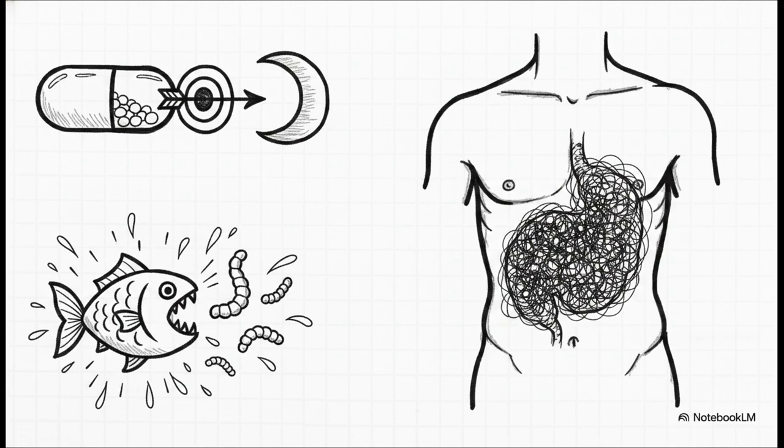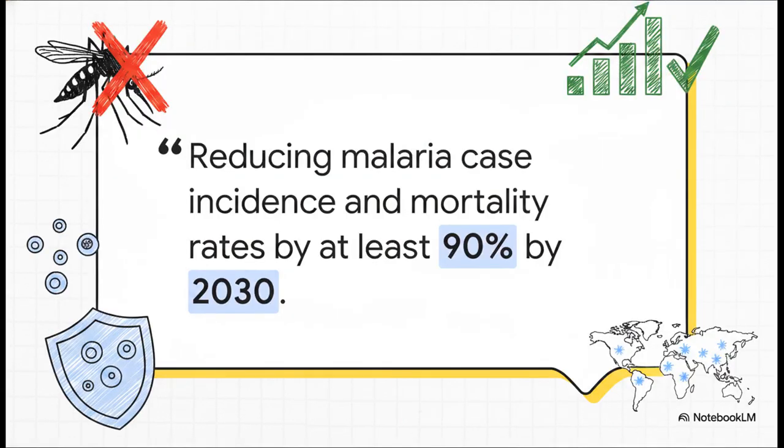And biologically inside the human, remember that the spleen is the body's primary storehouse for the malarial parasite, which is exactly why chronic patients often suffer from a massively enlarged spleen. Looking toward the future, the World Health Organization has laid out an incredibly ambitious global technical strategy. The goal? To reduce malaria case incidence and mortality by at least 90% by the year 2030. For a country to actually be certified malaria-free, they have to prove they have had at least 3 consecutive years of 0 indigenous cases. In summary, beating malaria requires a multi-front war using advanced drugs, biological control, and strict global